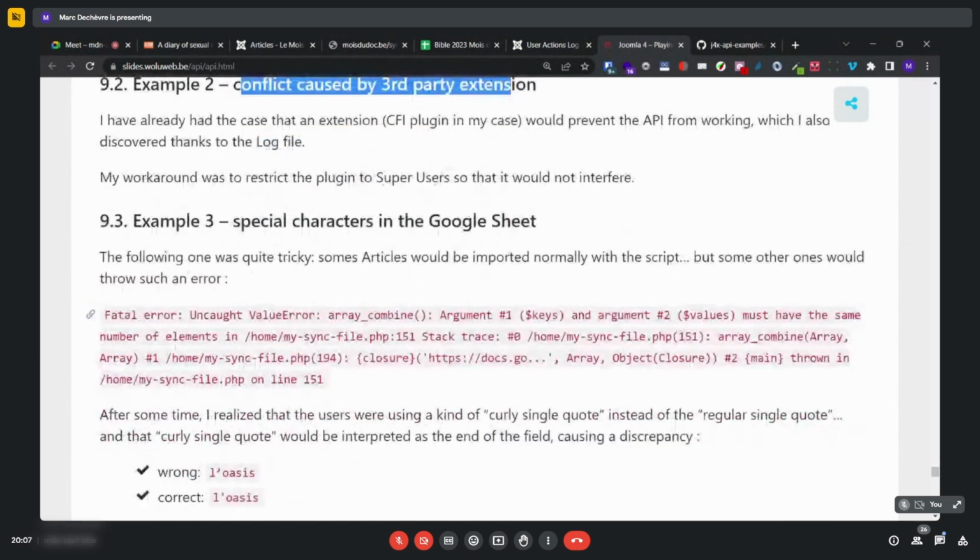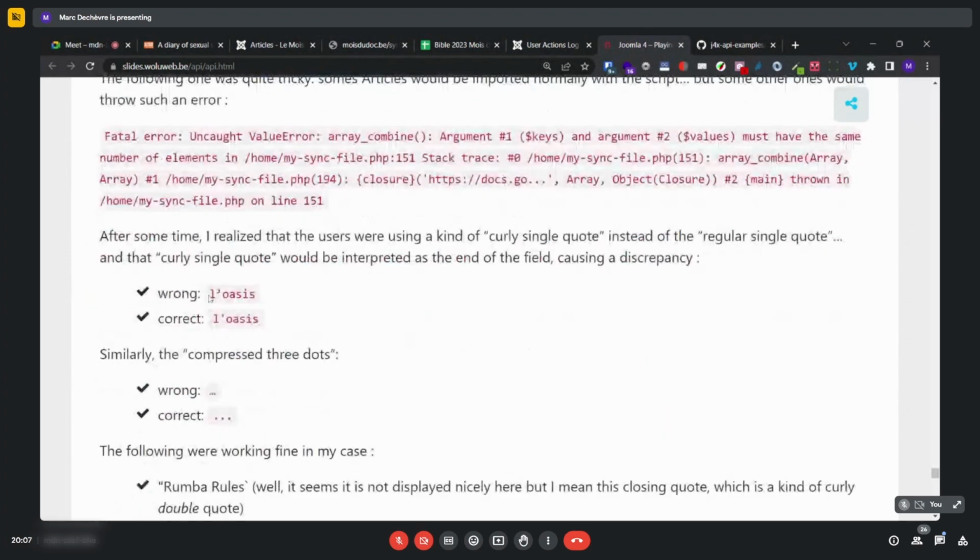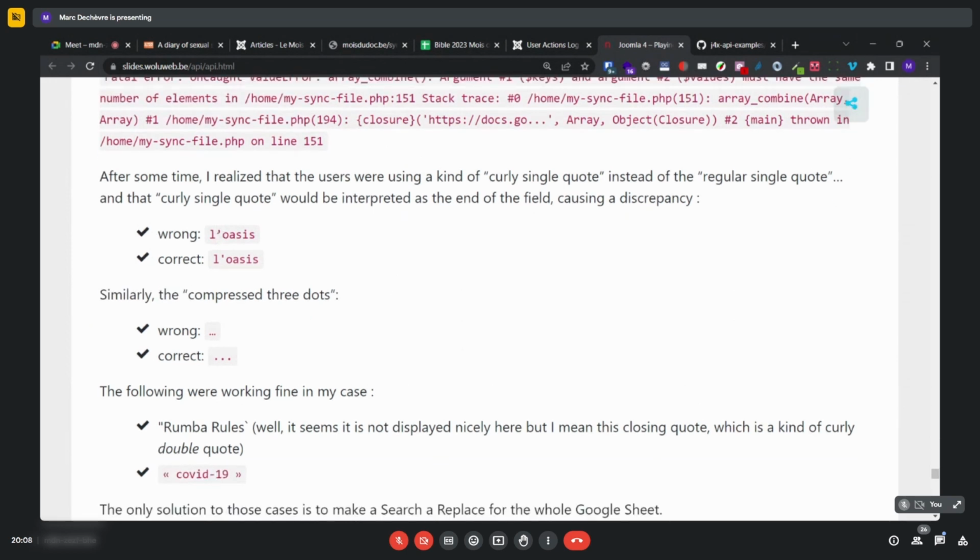Another case: I don't know if it's in all languages, but normally there is a classical quote, which is a vertical, straight quote. But at least in French, or maybe in some other languages, there is this kind of curly quote, and this curly quote will be interpreted by the code or by PHP or whatever as a double quote, meaning that the script would just crash. It would think it's the end of the cell or whatever. Also, at least in French, instead of writing triple dots at the end of a sentence,